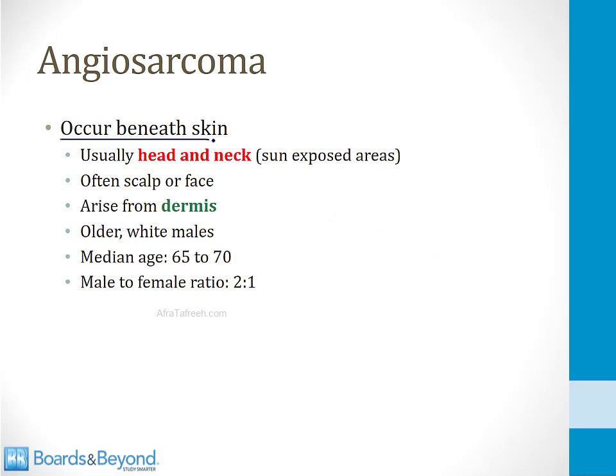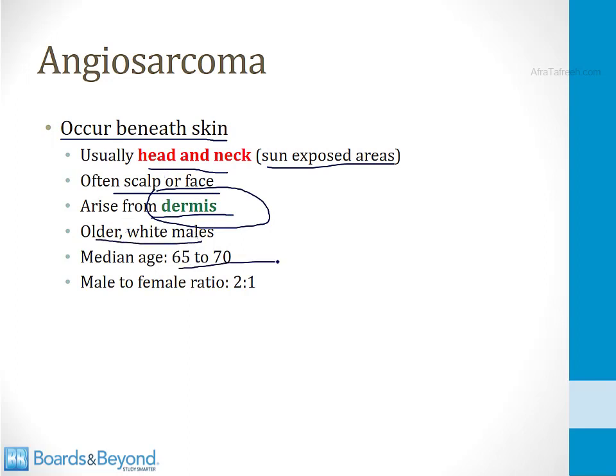Angiosarcomas can also occur beneath the skin, and that's why we're talking about these tumors in the dermatology section. And in fact, the skin is the most common location for an angiosarcoma. Usually they occur in the head and neck in areas that are exposed to the sun. The scalp or the face are classic locations. They arise from the dermis naturally because the dermis is where your blood vessels are, and they tend to occur in older white males. The median age of diagnosis is 65 to 70, and there's a 2-to-1 male to female